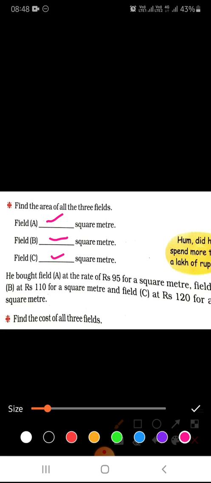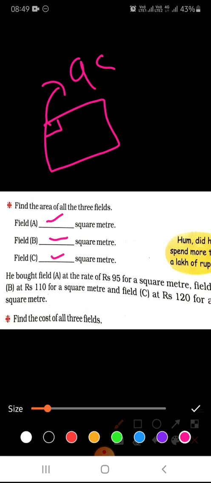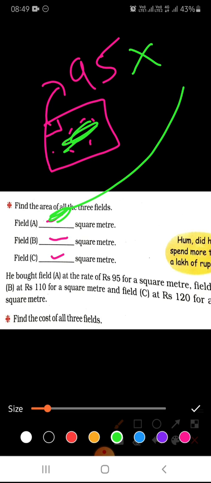Now what is given after that? He bought field A at the rate of 95. Means 1 square meter of field A is purchased at rupees 95. So you have to tell what is the cost of the whole field. Whatever is the area of this field, you will multiply by 95. Whatever answer you get here, you will multiply that by 95 and you will get the cost of